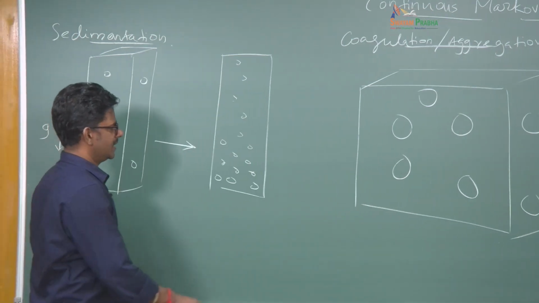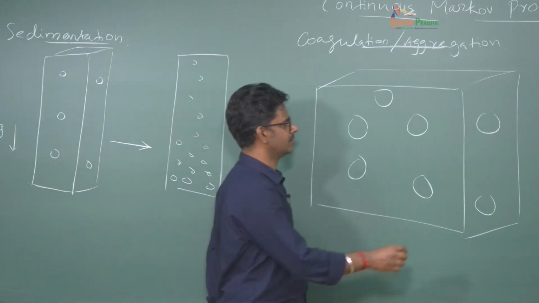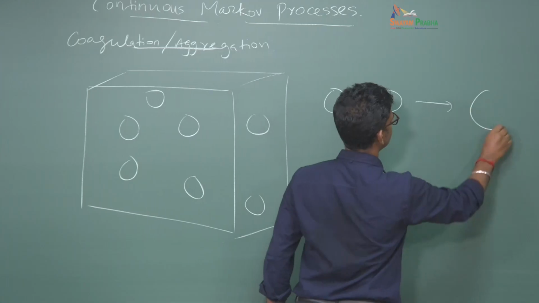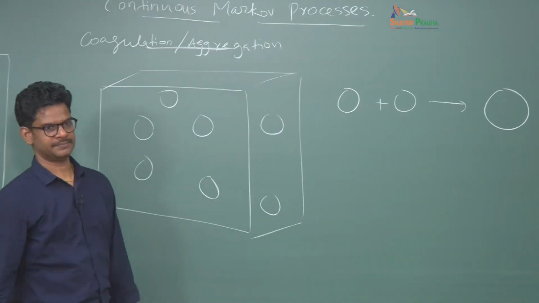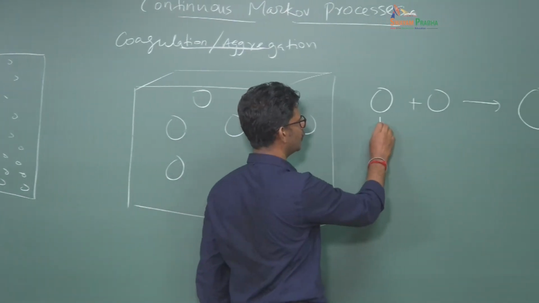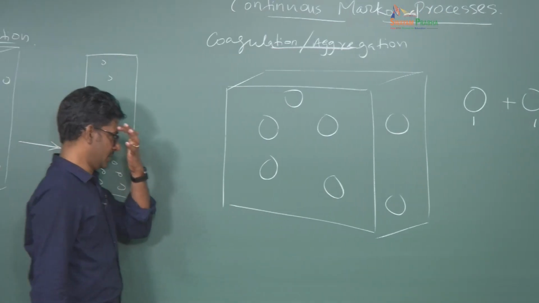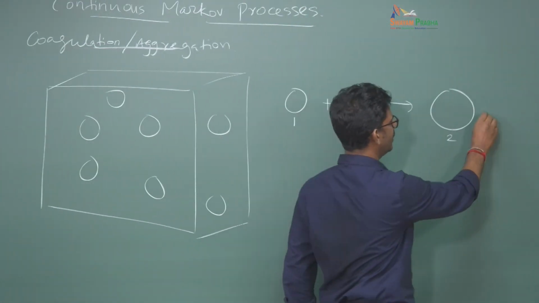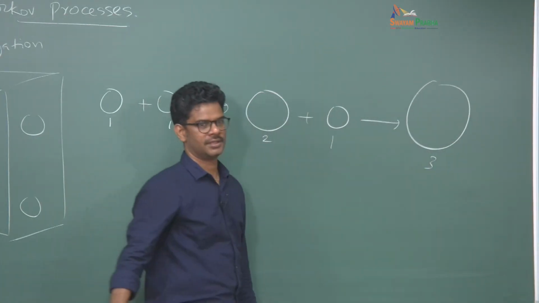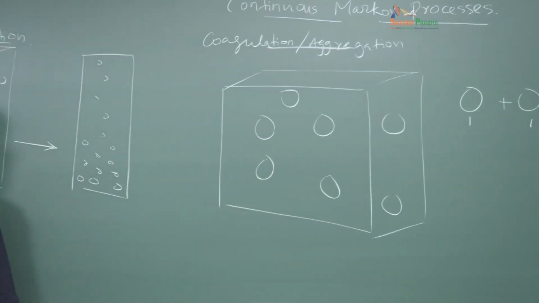So what happens is that when this particle and this particle come close enough, okay, so when two particles come close enough, they form one big aggregate, right? So we say this is like a monomer forming a dimer. Now of course this dimer can encounter another monomer and can become an aggregate having 3 times the volume of the primary particle.